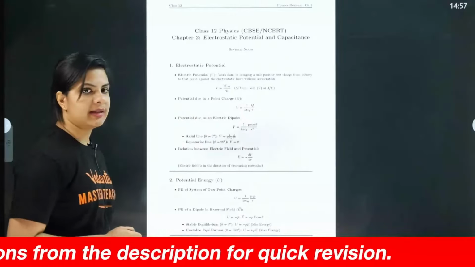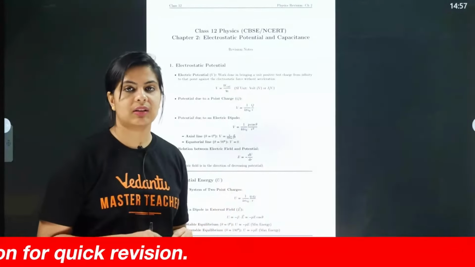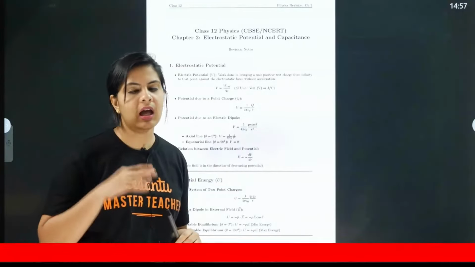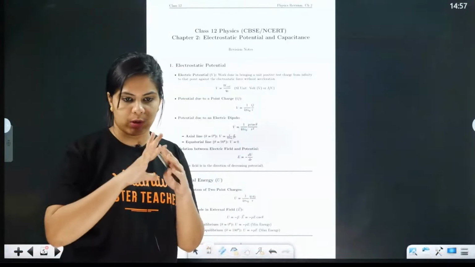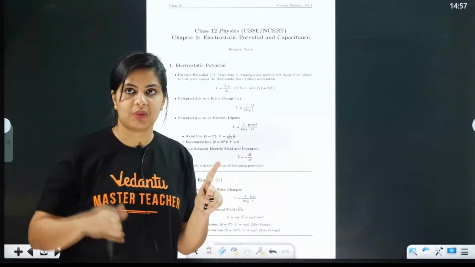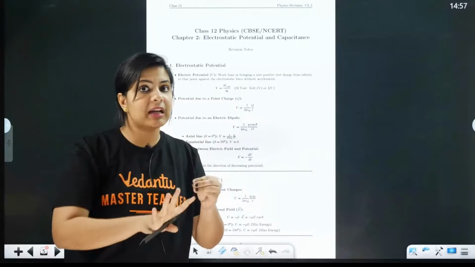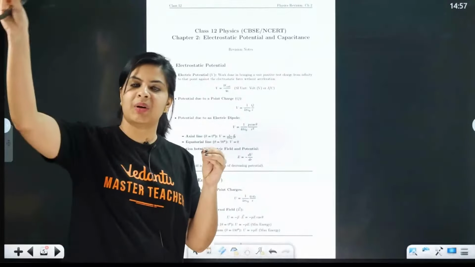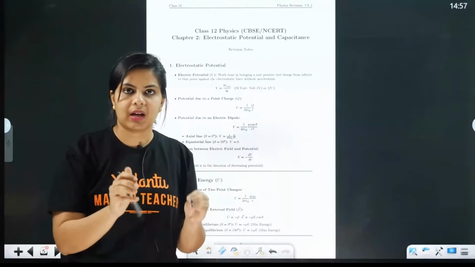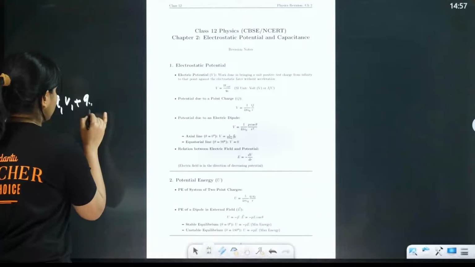Next, the potential energy, as we discussed, is K Q1 Q2 divided by r square. Next, if we are bringing two charges into an external electric field, then the potential energy is Q1 V1. Wherever we keep the Q1 charge there will be a potential, because the field is already there. Next I bring Q2 to a point having potential V2, so we can say Q1 V1 plus Q2 V2.